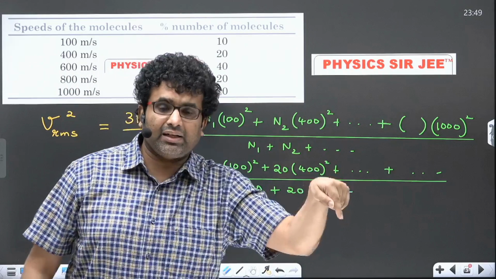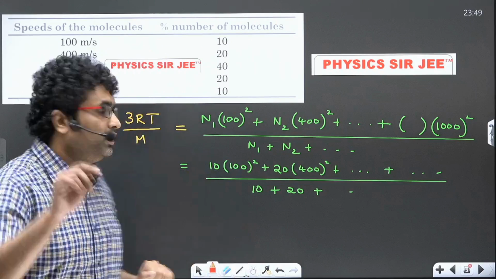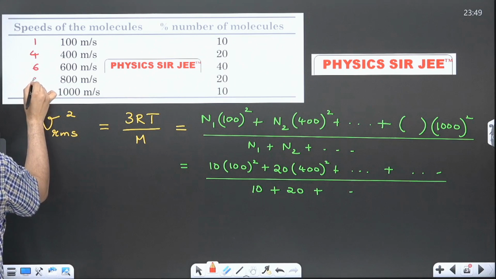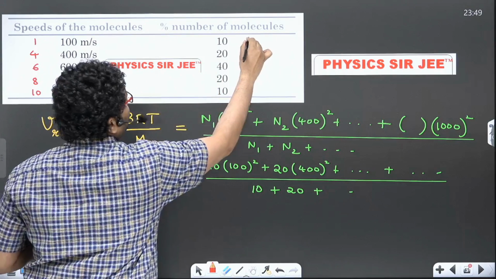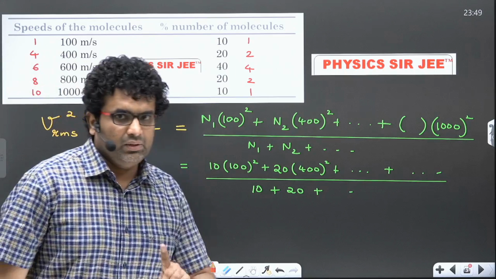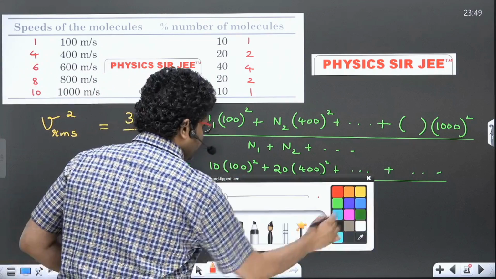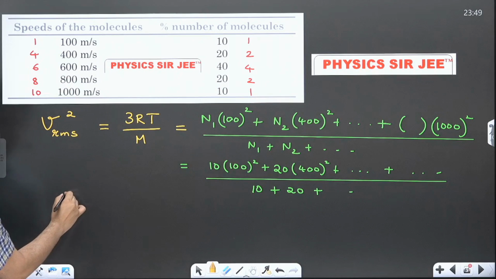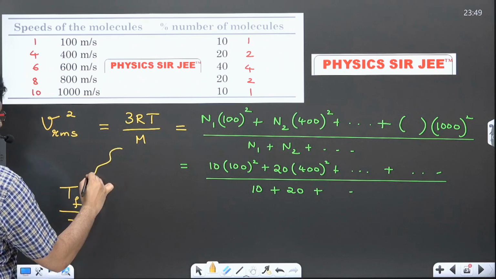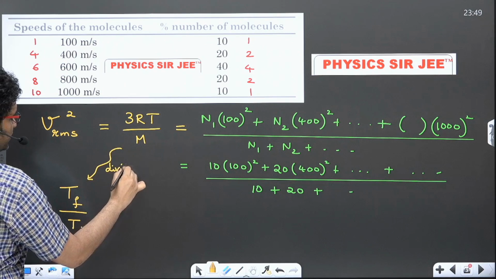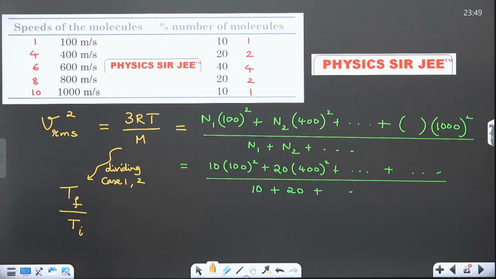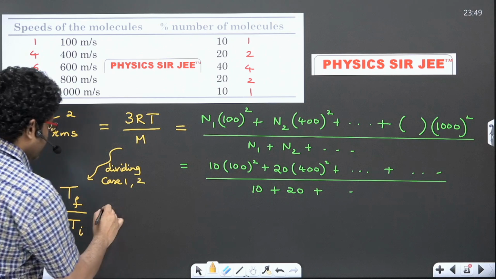I am not saying it is a correct calculation, it is a smart calculation in the exam. So all the hundreds are removed. For me, this is a 1, 4, 6, 8 and 10, and these are 1, 2, 4, 2 and 1. This is the smart part. Okay, right? So which means if I am doing the T final divided by T initial using this and dividing case 1 and case 2, T final by T initial would be equal to,